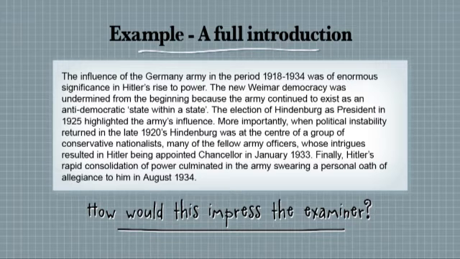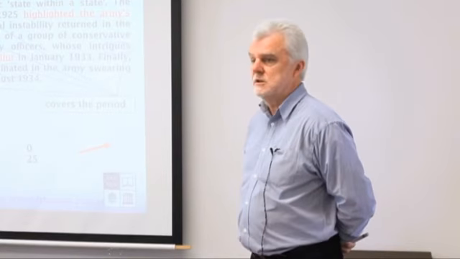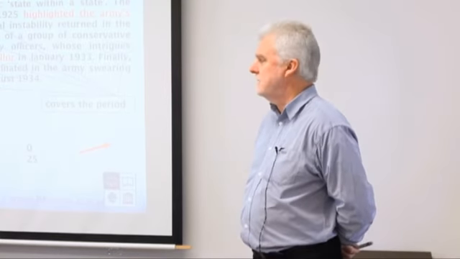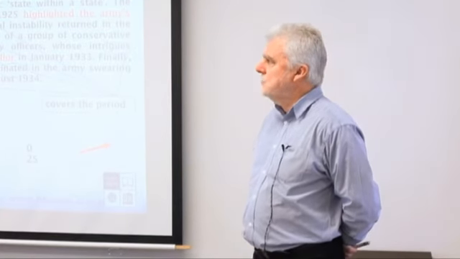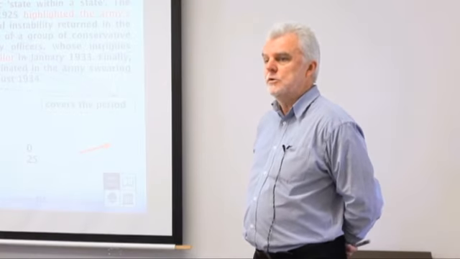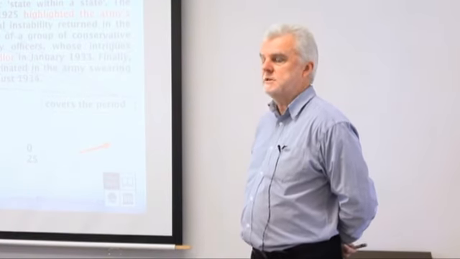The plan is to start from the beginning of the period and suggest that the army undermined the democracy from the beginning, that it played a critical role throughout the 20s, symbolised by the election of Hindenburg as president, that Hitler's appointment as Chancellor was a result of army intrigue behind the scenes, and that the army's oath of allegiance actually sealed Hitler's consolidation of power. Notice also with the dates that are used that the dates suggest that you are going to cover the full topic. So that would be an ideal introduction in an exam to such a question.